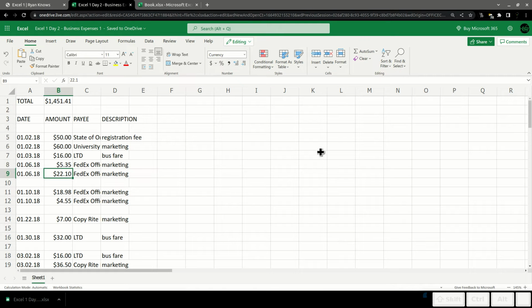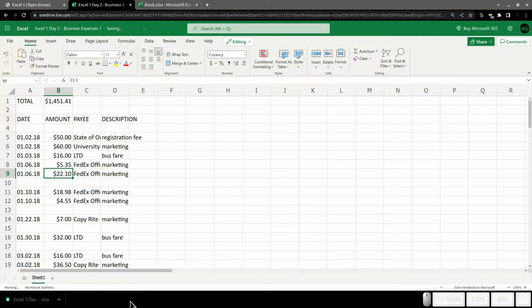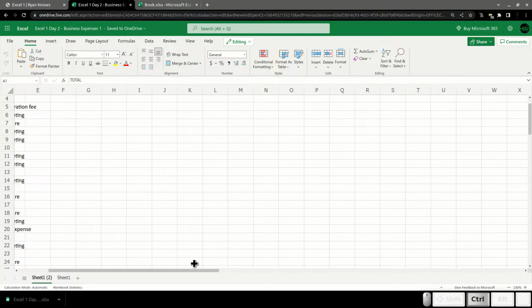But what if... here, what I'm going to do really quick so I can modify this, is right click on the sheet and click duplicate. And now I have Sheet1 (2) because it's a second copy. Notice it copied this sheet exactly.